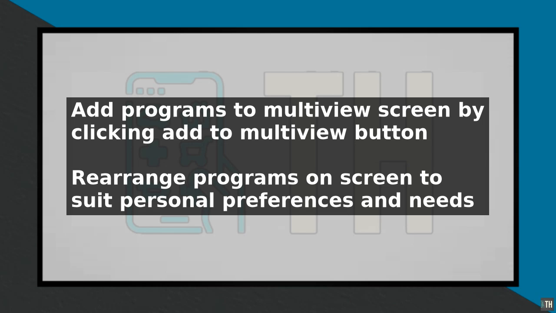Once you have enabled Multiview, you can start adding programs to your Multiview screen. You can do this by clicking on the Add to Multiview button next to each program title. You can add up to 4 programs at a time, and you can rearrange them on the screen to suit